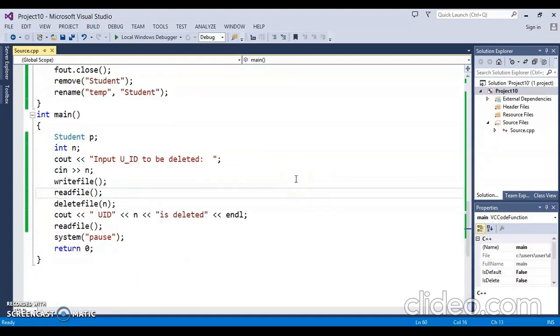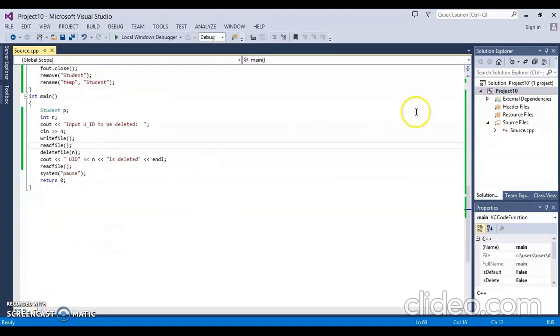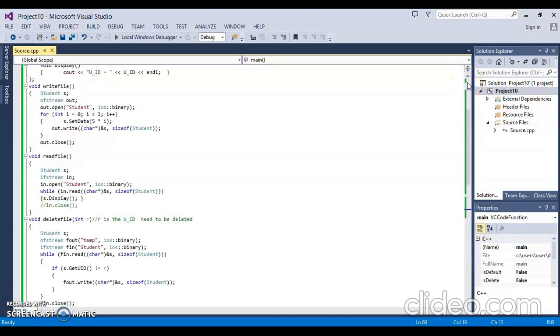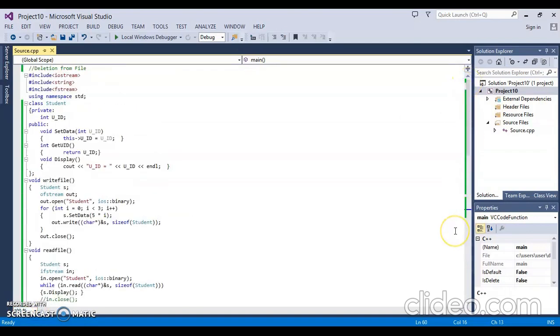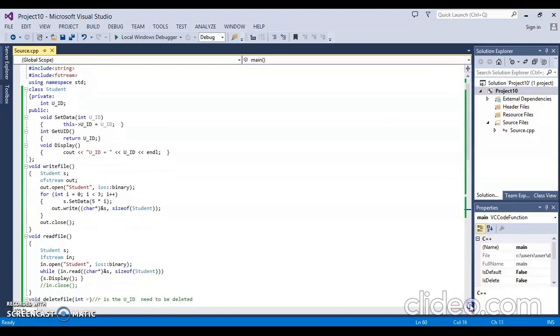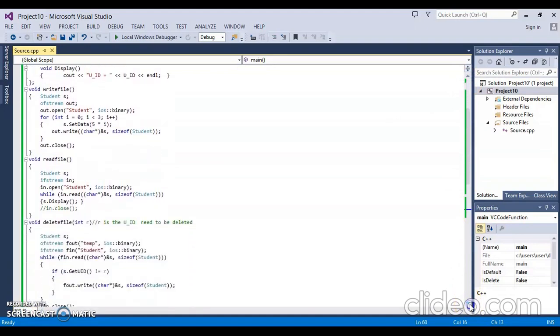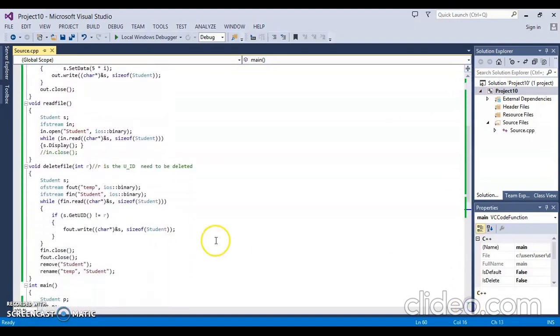So in the next video we will discuss some more interesting things. Thank you. If you want to see it at once, at the end I will show it like this, so that those of you who want to copy it or see it at once, at one screen, can see the read file, write file and delete file functions. So you can check it here.